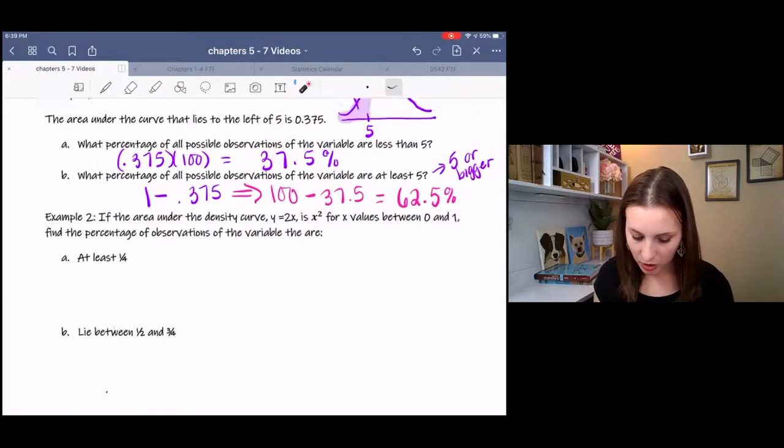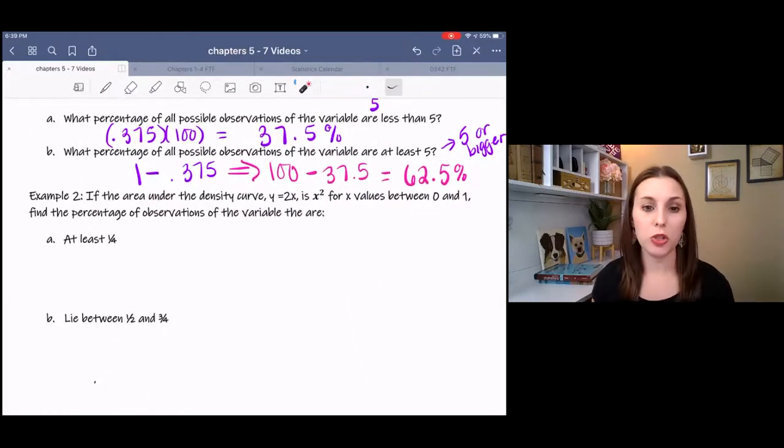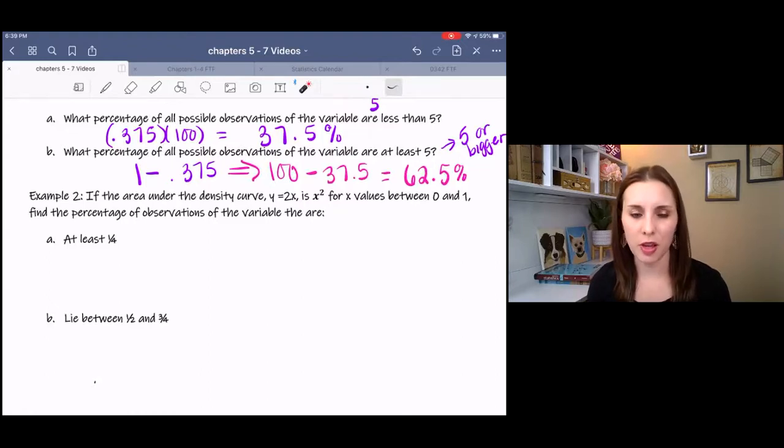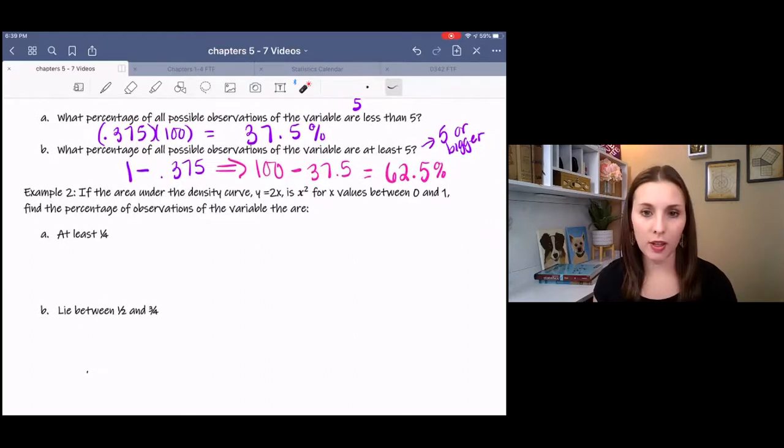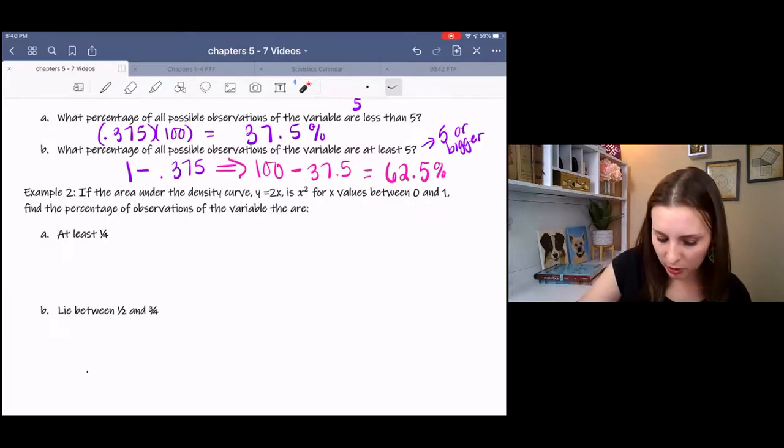So if the area under the density curve y equals 2x, that's not really a curve, it's a line, but it's okay, we'll go with it, is x squared for x values between 0 and 1, so they're kind of giving us a domain here. Find the percentage of observations of the variable that are at least a fourth, and then part B in a second. So I'm just going to draw a little sketch